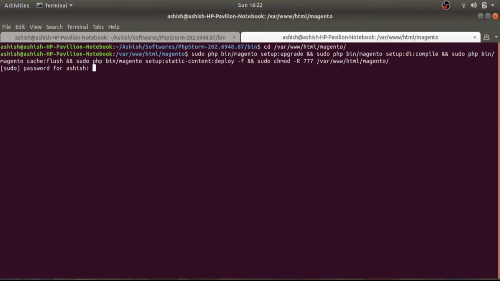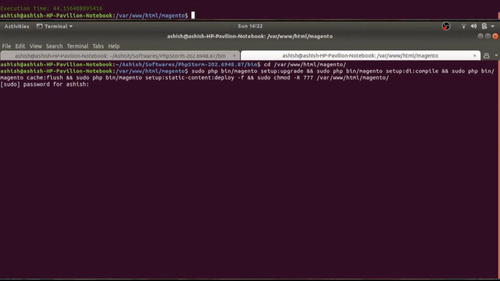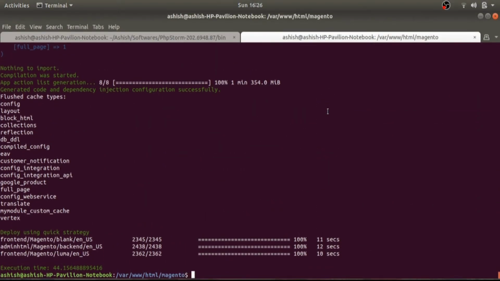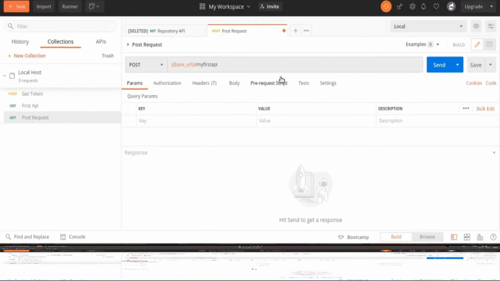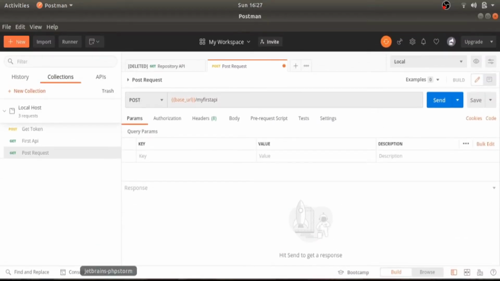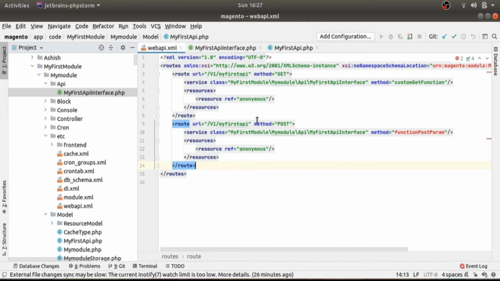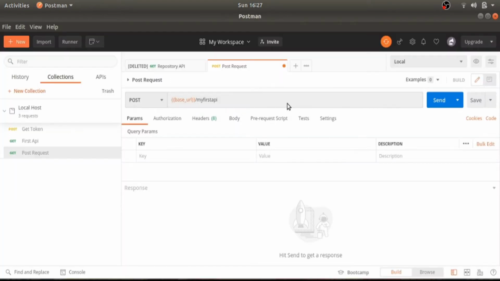Now let's flush our cache and check out our changes in the Postman tool. I have created a copy of the previous API and updated its method from get to post. Magento is very strict about the parameter names, so we need to pass the same name parameter that we have used in our function.